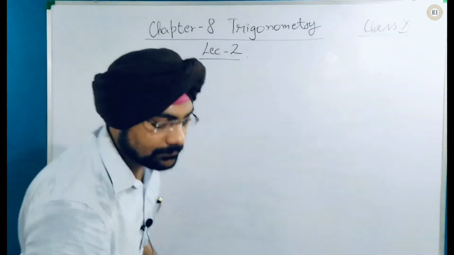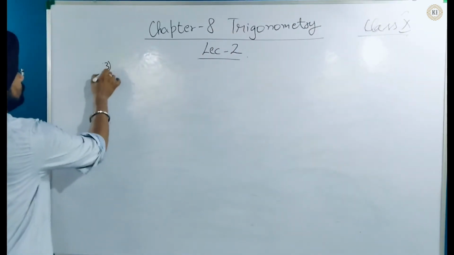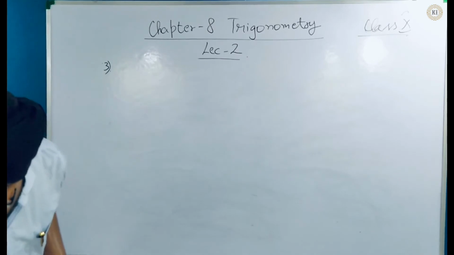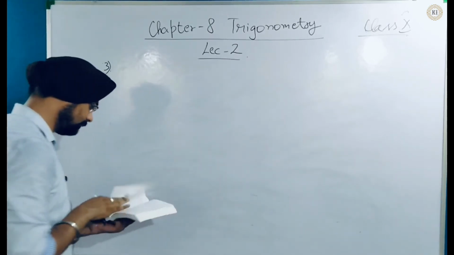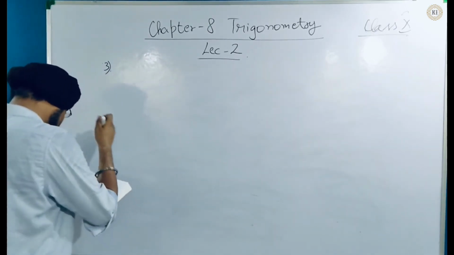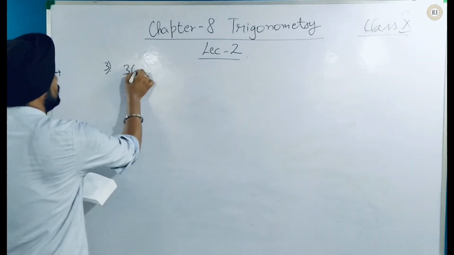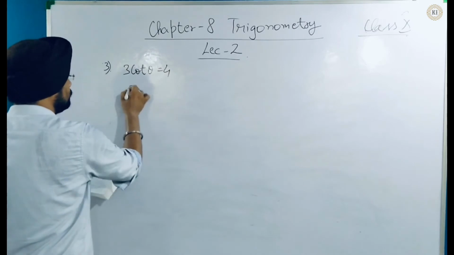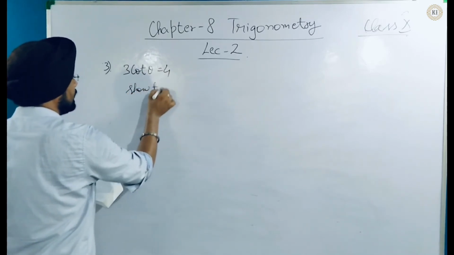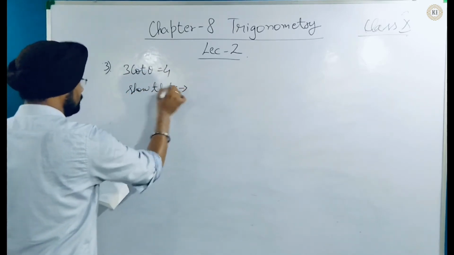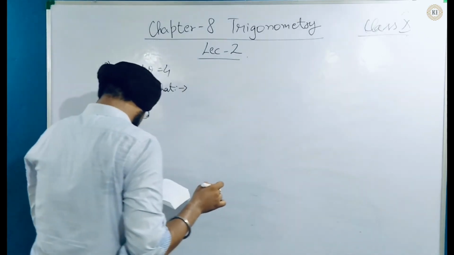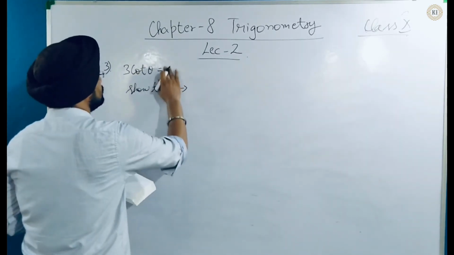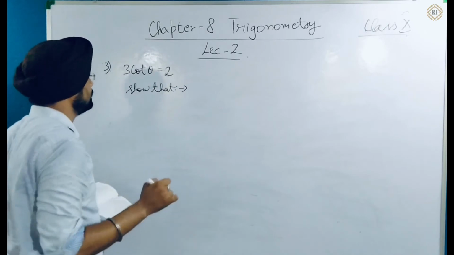Now see here, question number 3 of trigonometric ratio. The question is given as: 3 cot theta is equal to 2. Show that